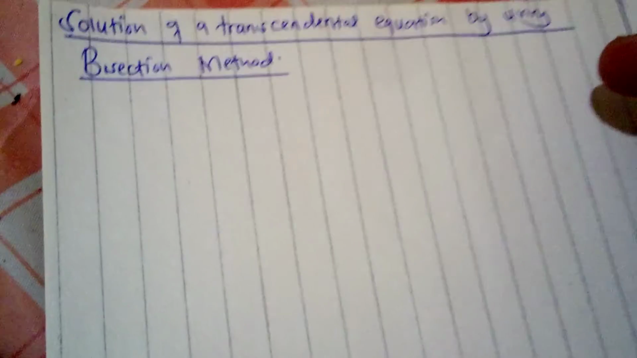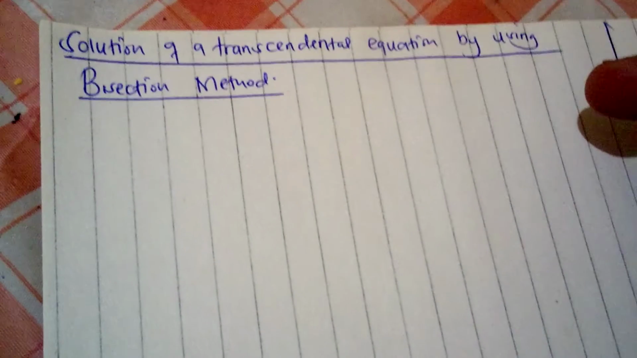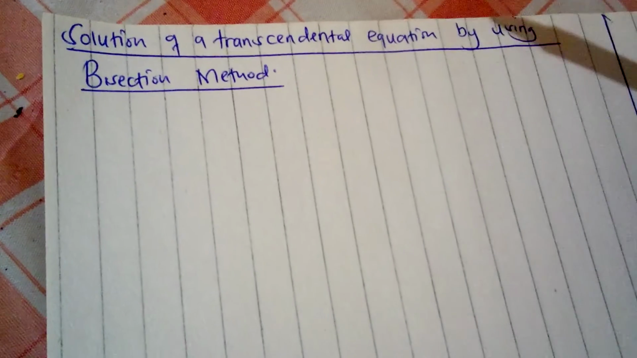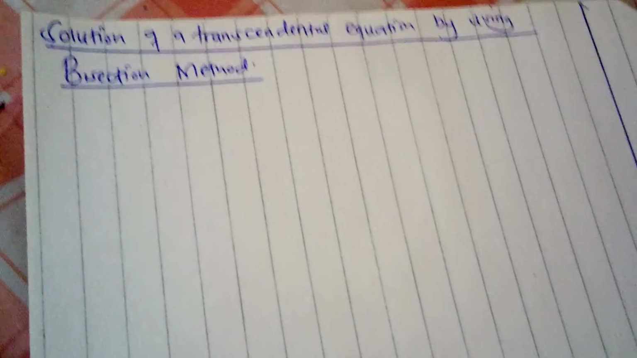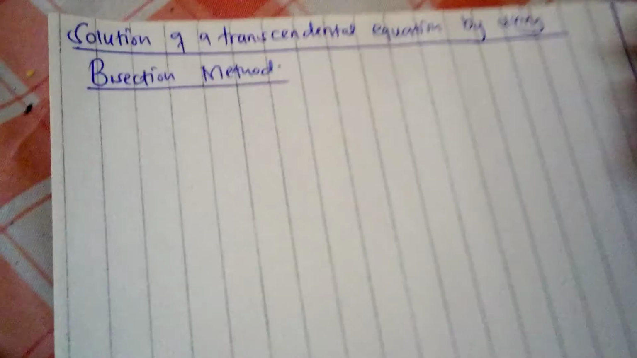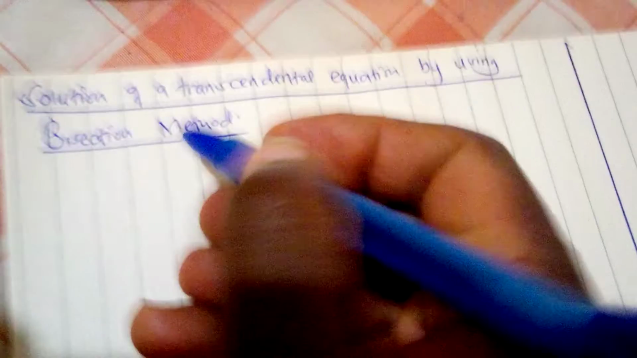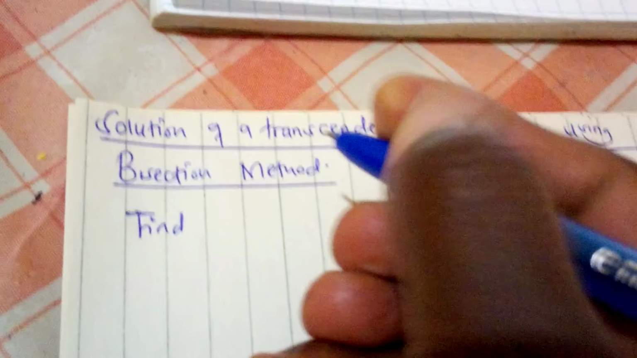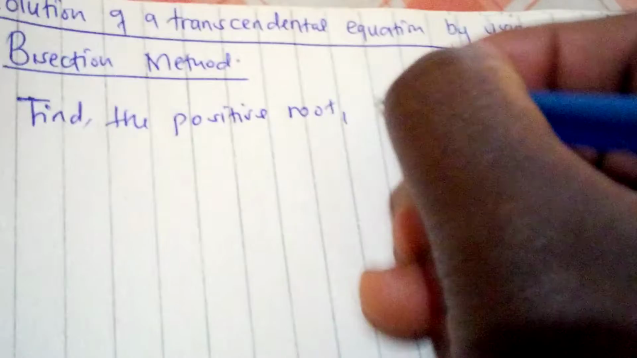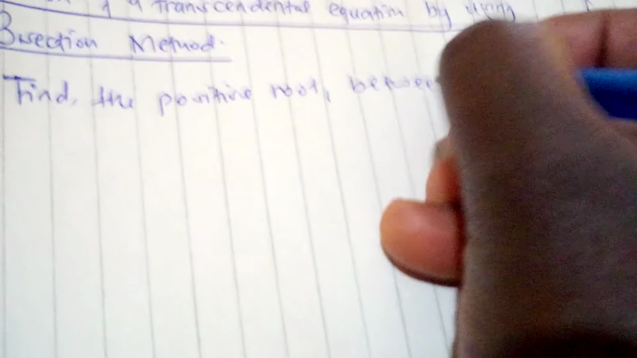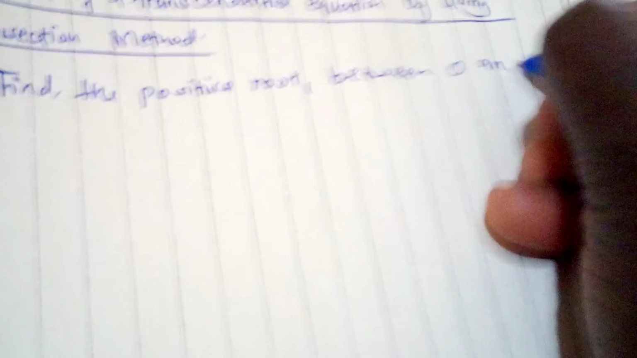Welcome back to class of numerical analysis, and today we are going to look at solution of a transcendental equation by using bisection method. So we have an example of a question which is: find the positive root between 0 and 1